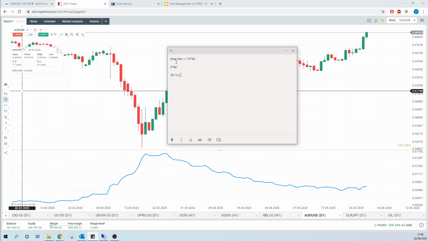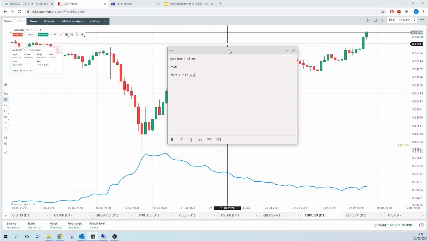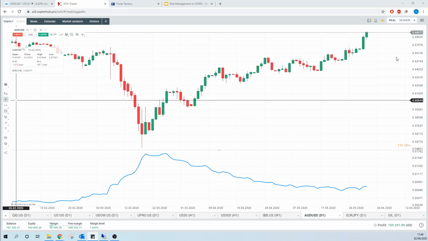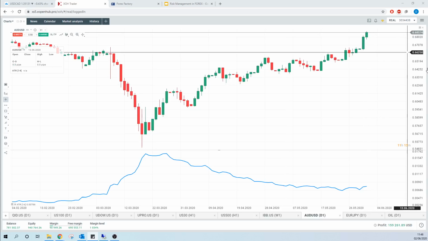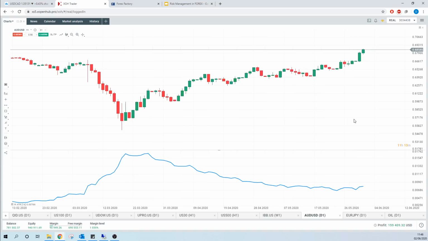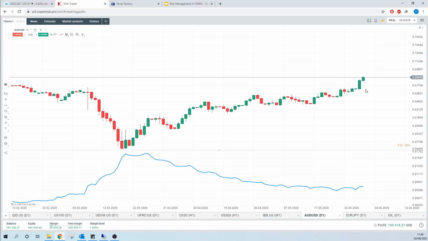So it's 117 pips. So what does it mean for me? It means that if I start trading now, let's say this is my entry point here. Just let's have a look together. Okay, let's say if I'm just trading here, and in a distance from this point approximately